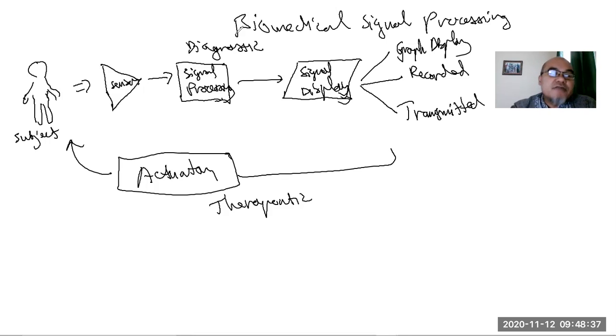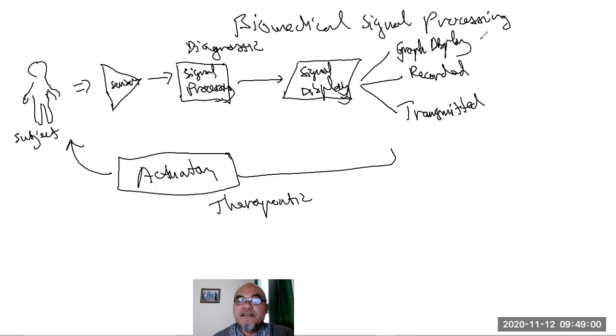Even 20 years ago, it was mostly still on chart paper, and the patient or the nurse had to bring these printed charts to the specialist to get the information interpreted. And now, even with the advent of AI, artificial intelligence, some of this can also be